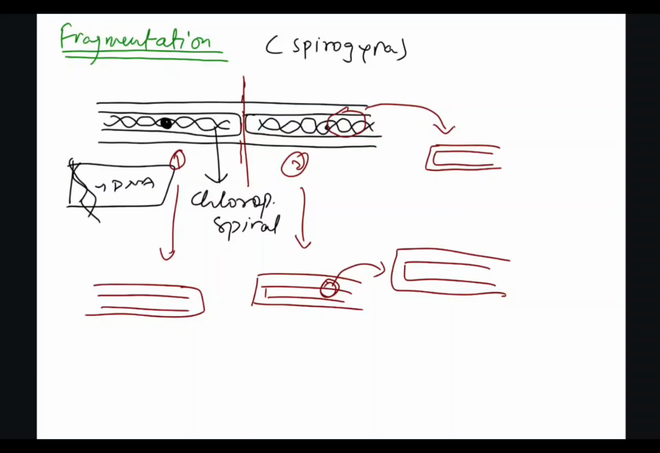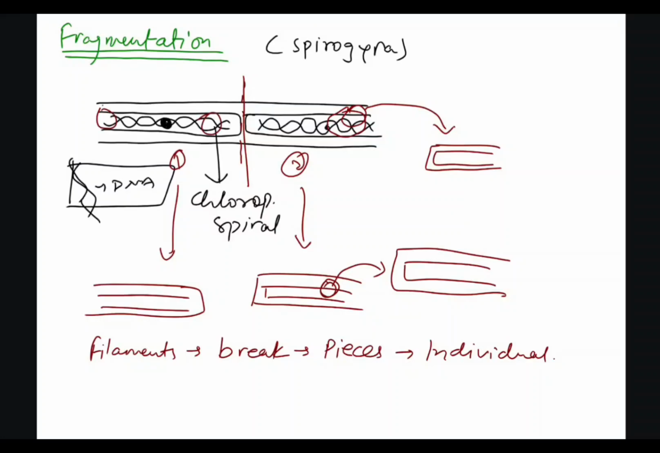So as the definition suggests, spirogyra filaments, right? These are called filaments. These filaments break into pieces, and these pieces grow into individuals, right? I hope that's clear from the potato diagram that I have made here. Each part develops into a complete organism. I said, even if there's a small portion coming out from here, anywhere, the tiniest portion will grow into a